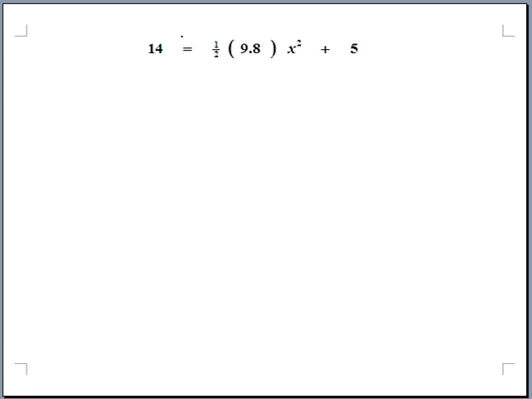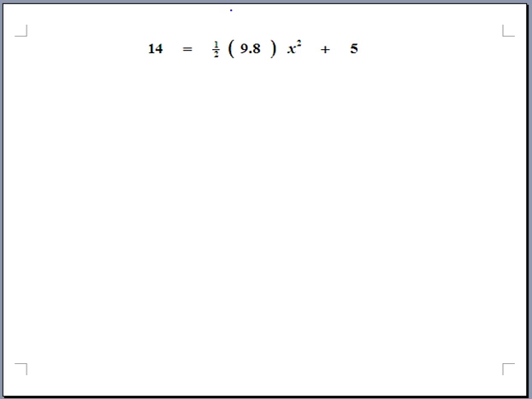Okay, let's try another one. This one's also got fractions and brackets, but it turns out there's something a little bit easier we can do in this one. Sometimes students will look, they'll see the 1/2 and they'll go, hey, let's start playing with a 2. Let's start working with the lowest common denominator. But I think probably an easier option here, we've got this 1/2, you can think about that like a 0.5,